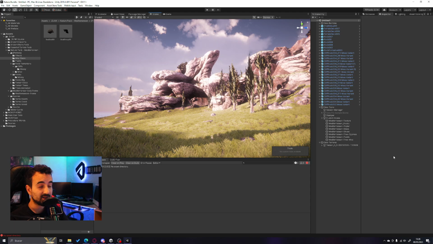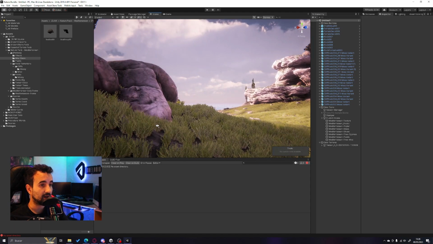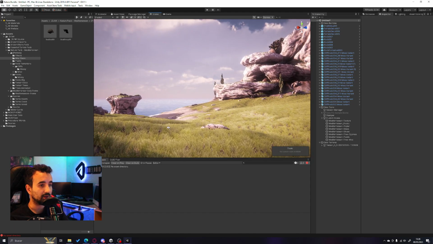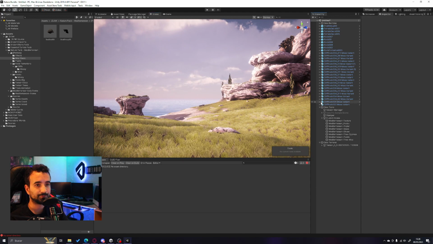So that was a quick look at how to work with the pre-made biome, and that's it. I think that's enough for this stream. So see